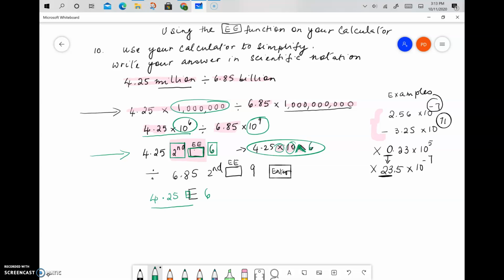So your calculator will treat this as one single number. And then you go divided by, and then you enter the second number again, 6.85, second function EE, and it's going to appear as an E on your calculator screen, and then you hit 9. Then enter, and the answer that you get is,